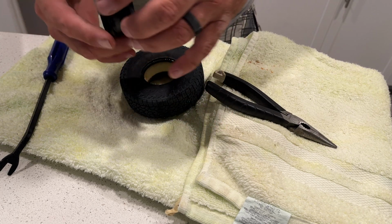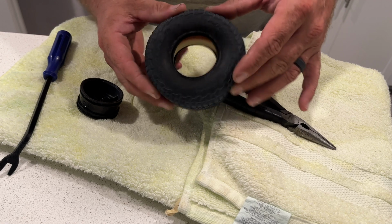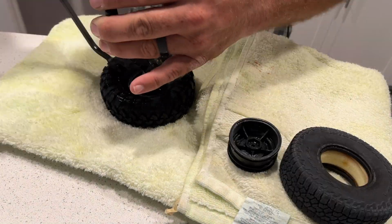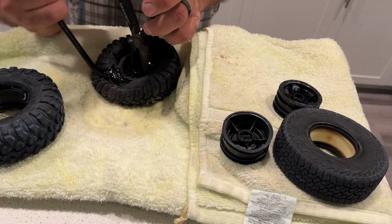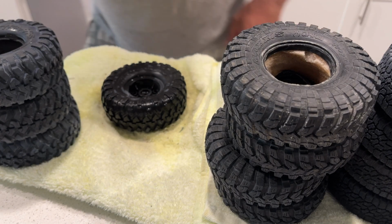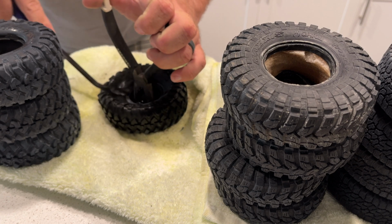Once you're done, you can just slide the wheel off and you're left with your tire. Yay. So now let me do that 11 more times. All right, last one. Now, even doing this the way I've been doing, you need to kind of be careful,